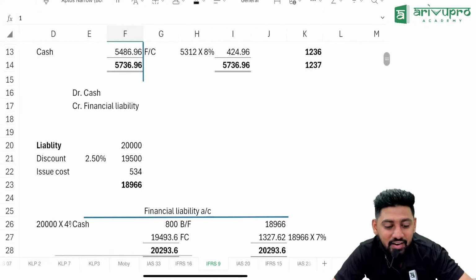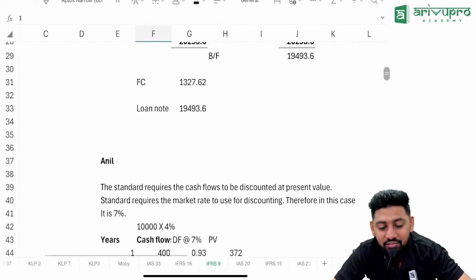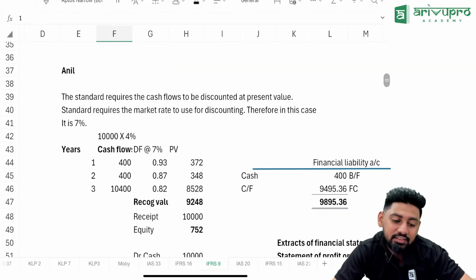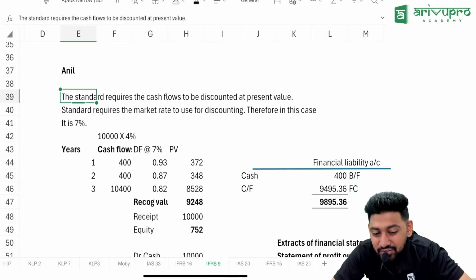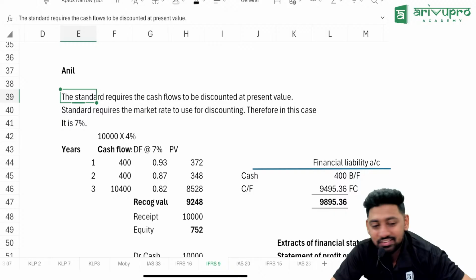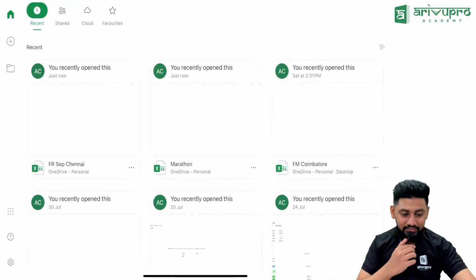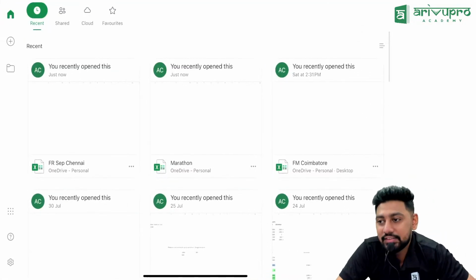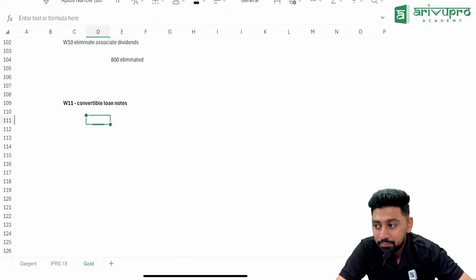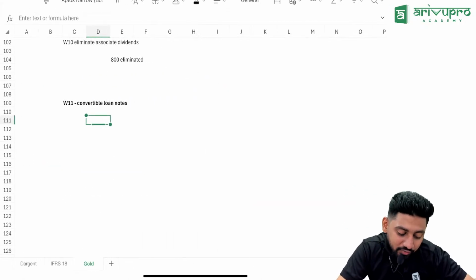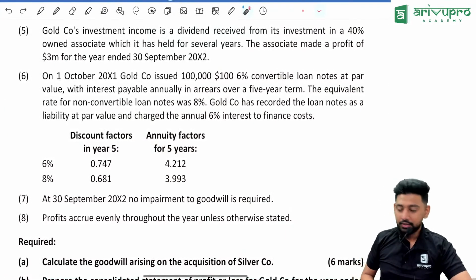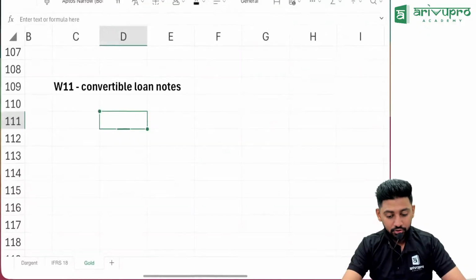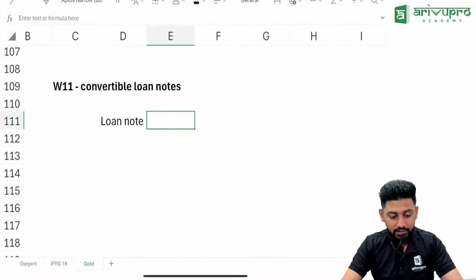So what have they done? They have just recorded it as... See, the standard requires the cash flows to be discounted at present value, given entirely the note. So what should you do? You should have recognized that present value. You did not recognize it at present value. You recognized it at par value. So what is your par value? Your par value is 100,000. So loan note is at